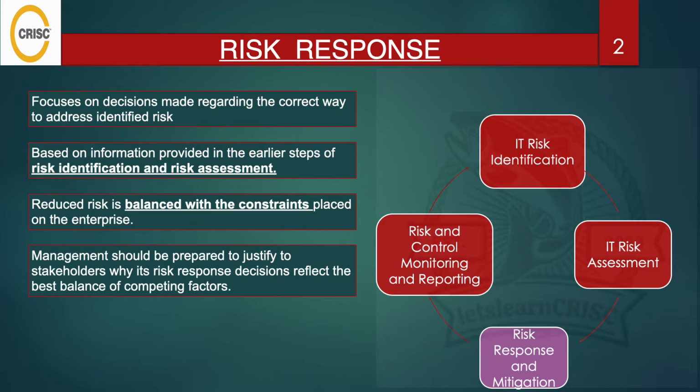right? Friends, to strike the right balance between the risk reduction and constraints, enterprises often adopt a risk-based approach, right? So it involves first, identifying and prioritizing the risk based on their potential impact and likelihood, right? Next, assessing the cost benefit ratio of different risk mitigation strategies. Third, allocating resources to address the most